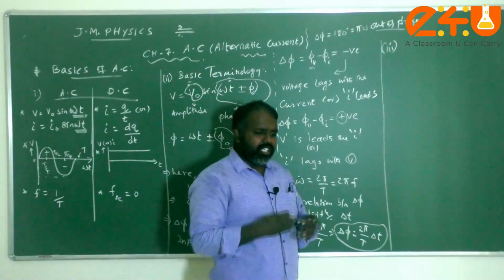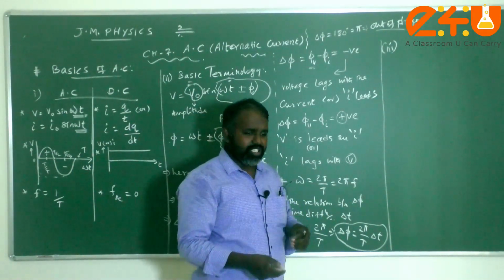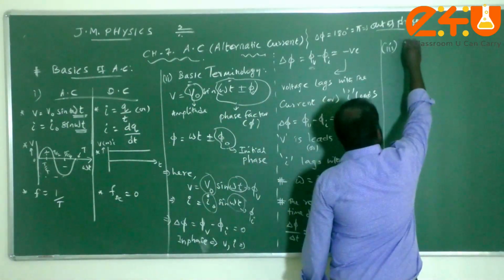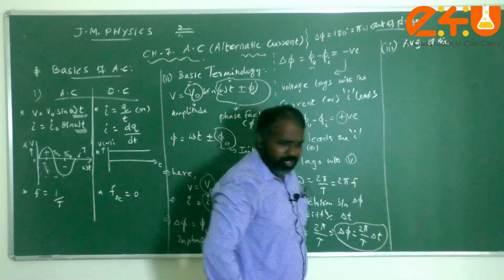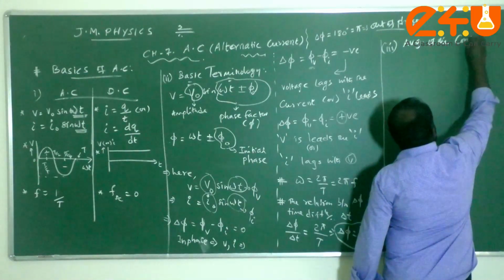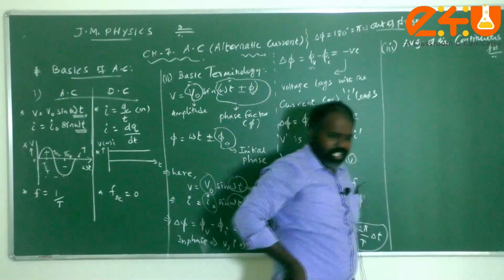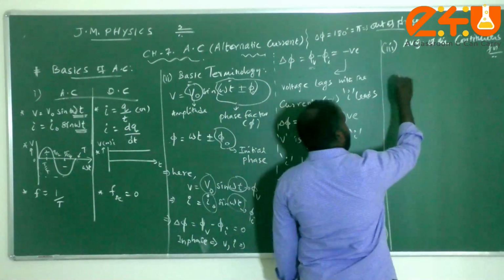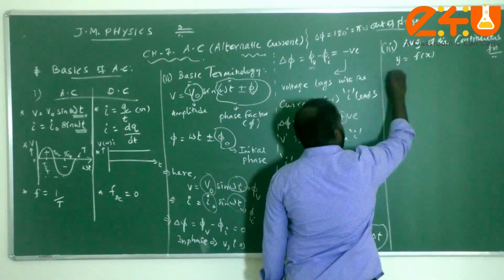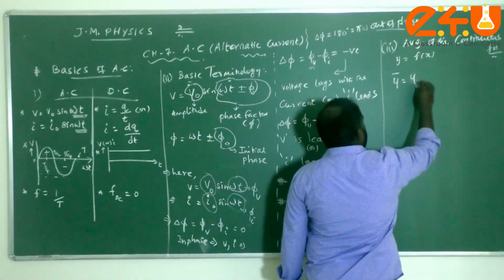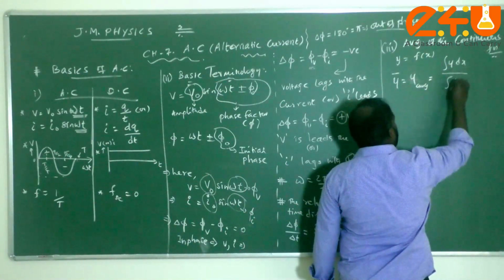Whenever continuous variation takes place, we know from the application of integral calculus that we can find the average of a continuously varying function. In general, in mathematical terms, suppose y is equal to f of x is given, then what is the formula? Y bar, that is y average, is equal to the integral of y dx divided by the integral of dx.